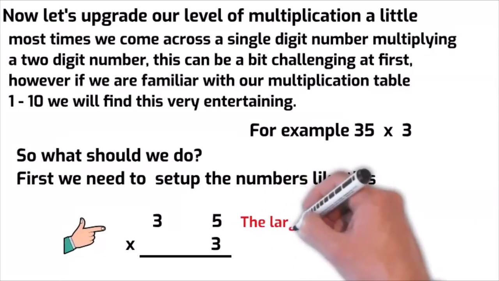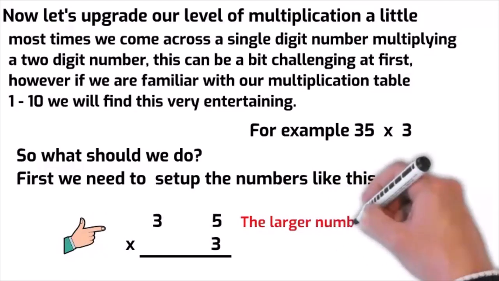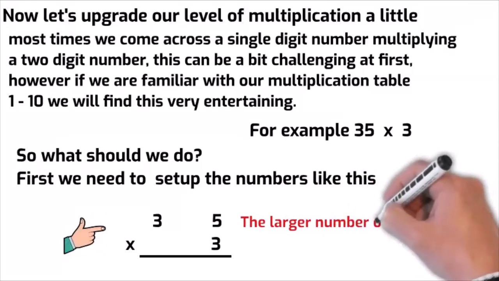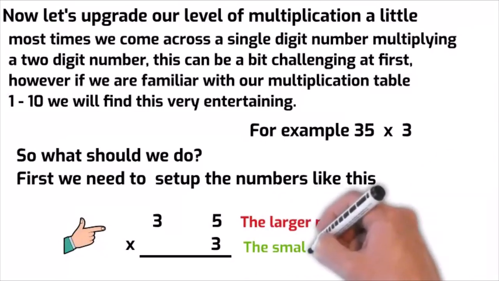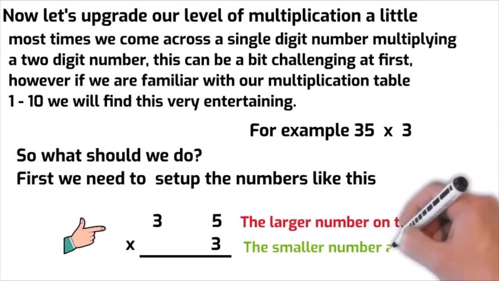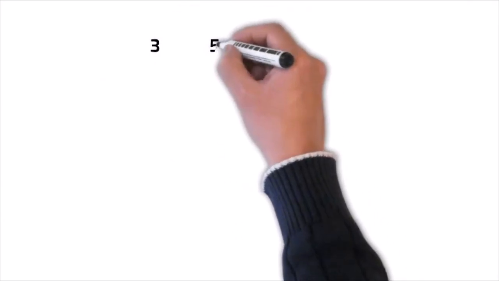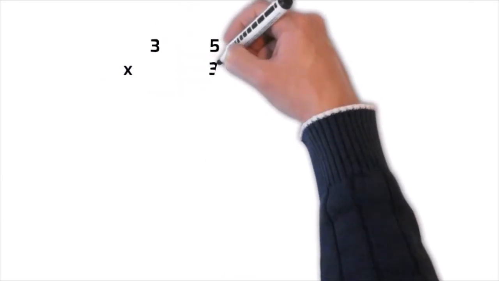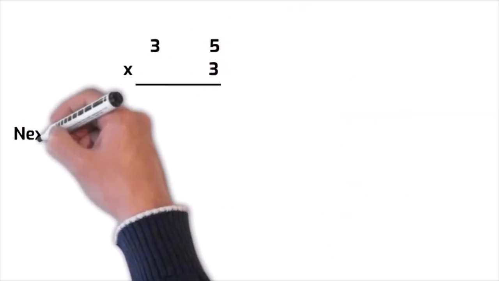The larger number should be at the top. Why the smaller number at the bottom? Now that we have succeeded in setting up our numbers like this,